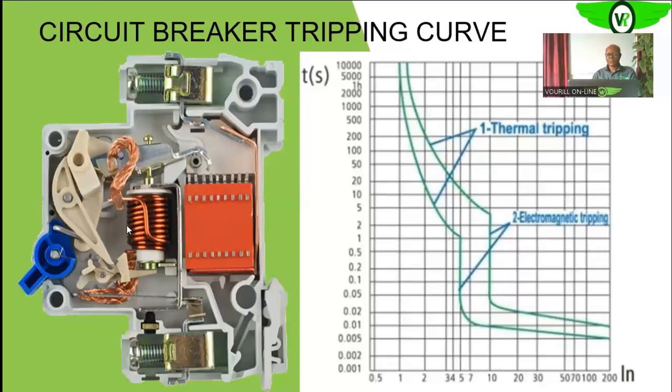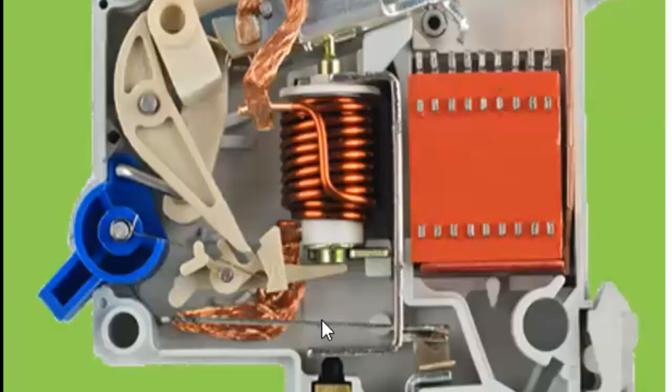Then we also talked about the magnetic element that takes care of those fault currents, like short circuit current, that are in excess of the nominal rated current, like 10 times or even 20 times and more of the operating current of your circuit breaker. So these are the two operating elements of your circuit breaker, the magnetic and the thermal, as we discussed before. So the thermal, as we said, takes care of the overload condition of your circuit breaker,